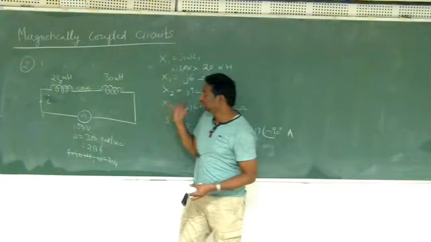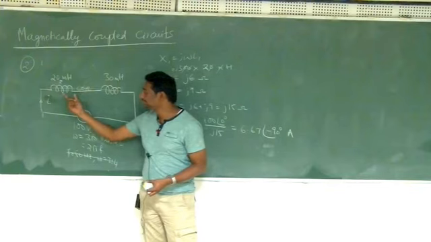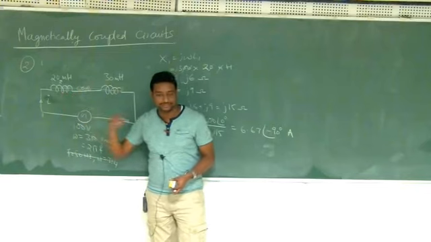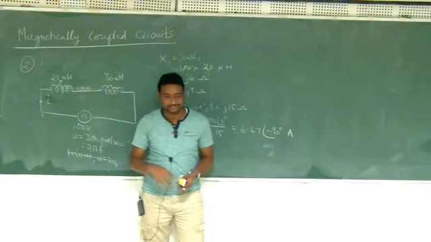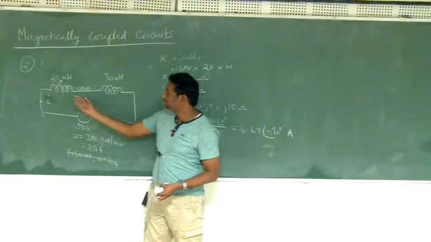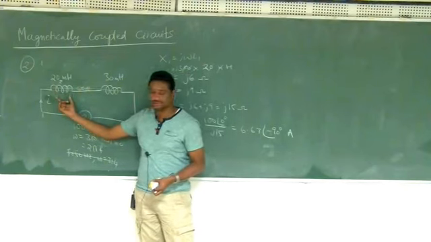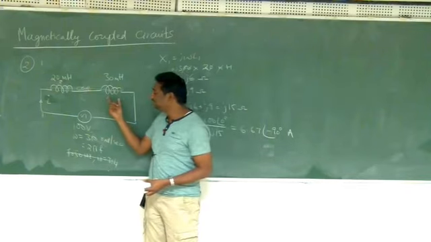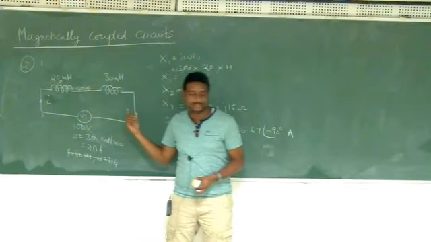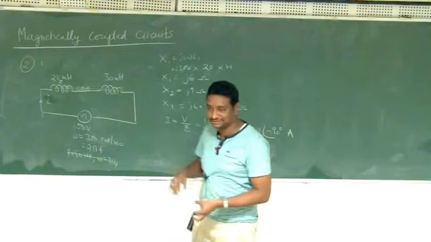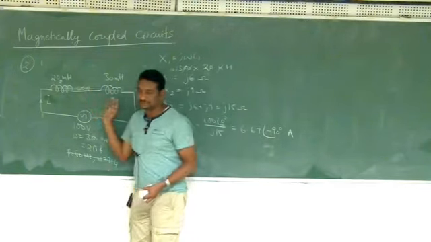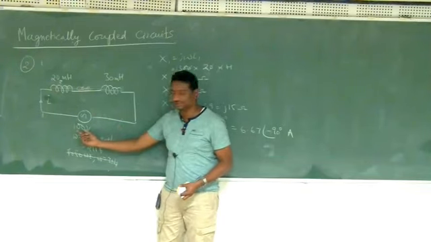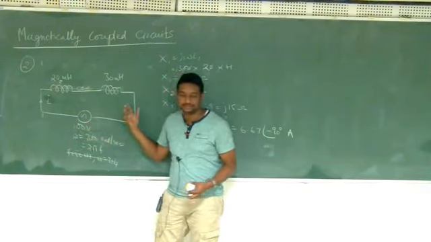The voltage drop because of the flux of coil 1 with coil 1 itself is due to the self inductance. That is one voltage drop. Similarly, there will be a voltage drop in coil 1 because of the flux of coil 2. Similarly, there will be a voltage drop in coil 2 because of the flux of coil 1, and then a voltage drop in coil 2 because of the flux of coil 2 itself. So all this voltage will be there. But if you add all the voltages, they still add up to 100 volts. But there will be more amount of drops.